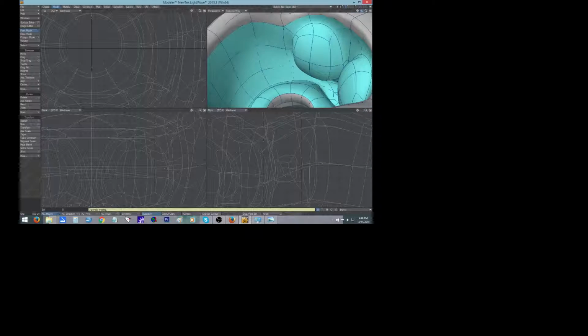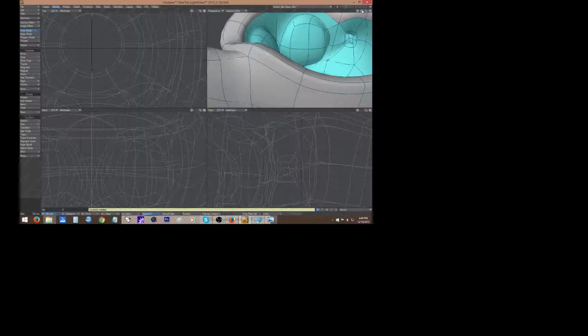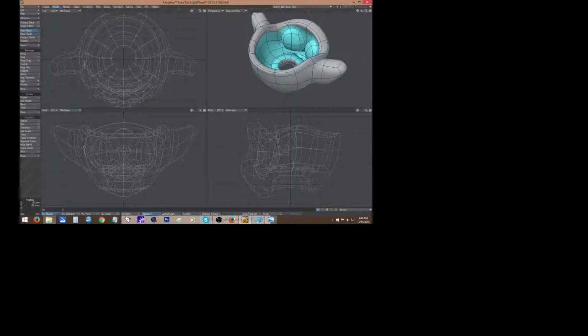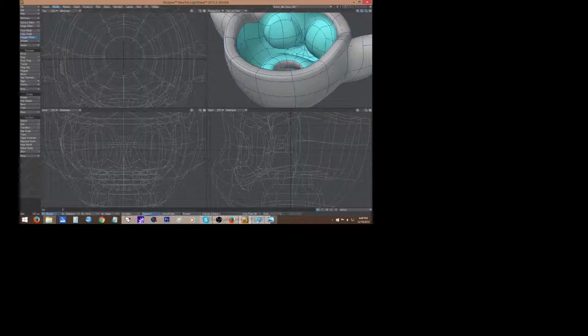See, we got rid of some of that extra, made it a little smoother. Now, instead of going in and doing the exact same thing on the other side, what we're going to do instead is we're going to mirror. I also made some loose polys, and the polys that were there, but get rid of those. Another way to have gotten rid of those is you can